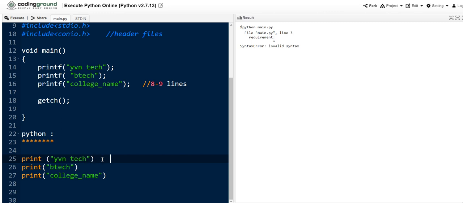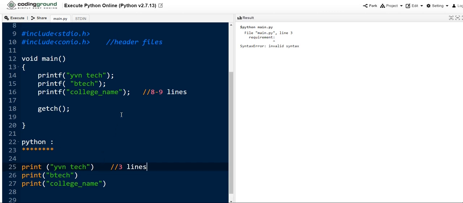It has taken only 3 lines. When we go through the C code, it took 8 to 9 lines, but in Python we can write it in 3 lines. Hope you have a clear idea that the line of code will be very small in Python.